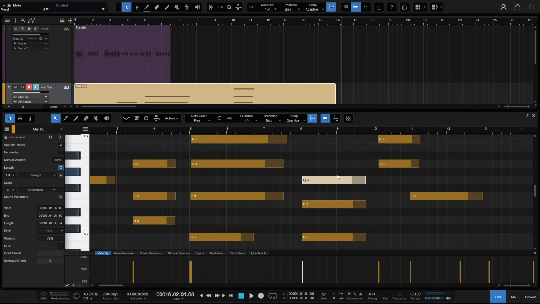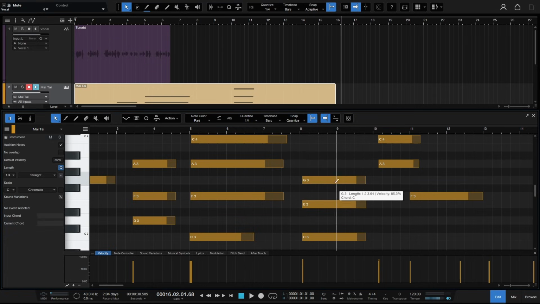So I'll again come to the top and hover. We now have that. And you can see I'm adjusting the velocity for this like so. If I come to this one, hover at the top, I can adjust its velocity. I can click, hold, and drag to select all of them, and we can adjust the velocity for all of these in one go. Now if I come to the bottom, we have the split tool that becomes active,